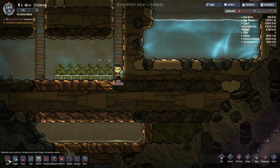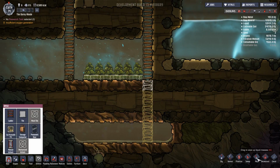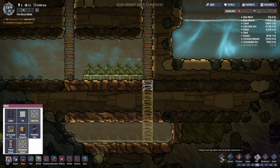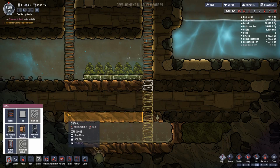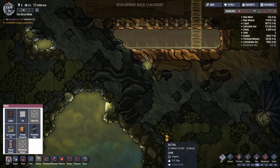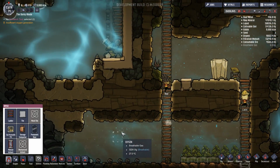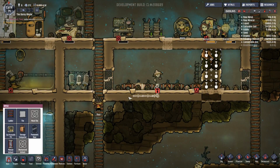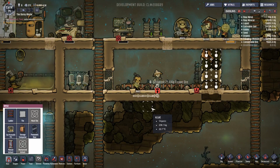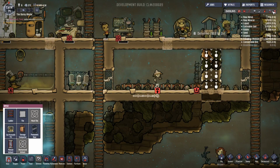So I think what we can do is we'll have a little expedition down. So I'm going to build a ladder down here. Now they don't like walking in contaminated water, so let's mop that up. And then we're going to dig out this lot, and then dig this lot out as well. Just leave that as a long-term project, but if we're short of metal, we're not going to be able to make any pipes or anything. So I'm hoping they've delivered some copper ore there, so they should be able to make at least some wires